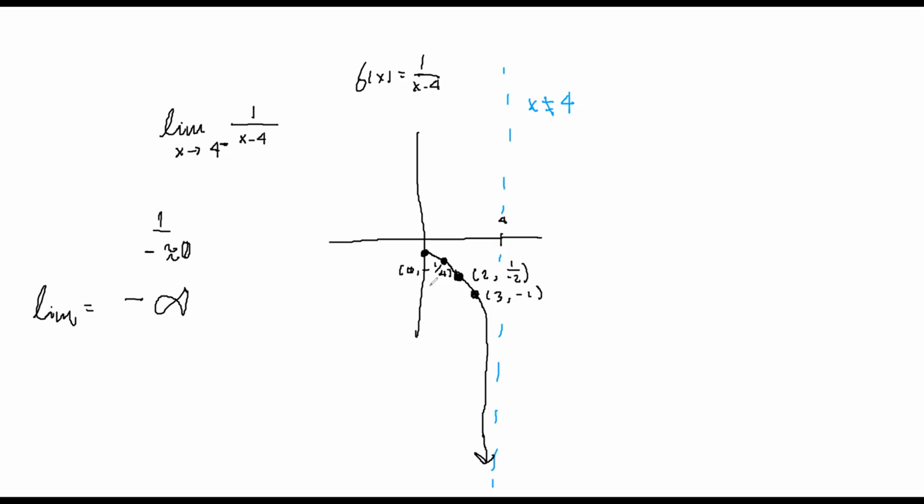So basically, that's what's up here. Then if we go back to looking at x is equal to 5, we get 1 up here at 5. And so now let's take a look at if x approaches 4 from the right. Well, it's going to be 1 over approximately +0. So we're approaching 0 from the right, so it's positive. So the limit is going to be equal to +infinity.